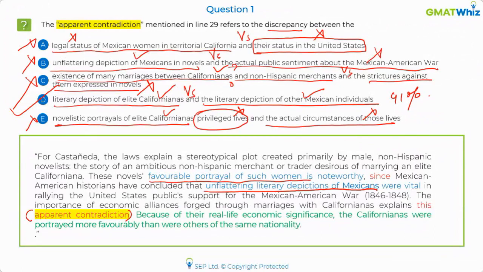if you look at it, where is it given that historians unflatteringly portrayed the Mexicans? It's given that unflattering literary depiction. So unflattering depiction of Mexicans in literature. Literature, novel is a type of literature, Nishant. Okay. So guys, I told you earlier about,